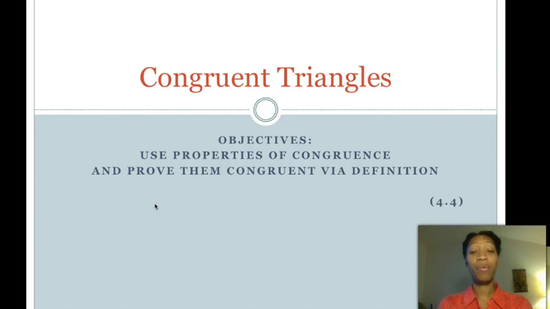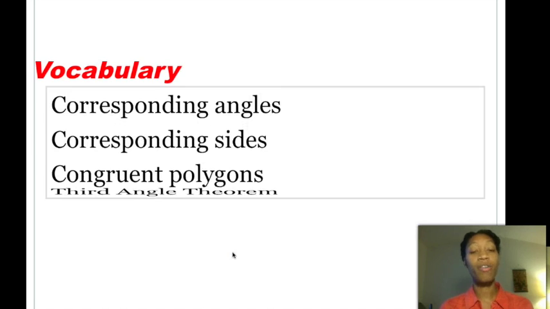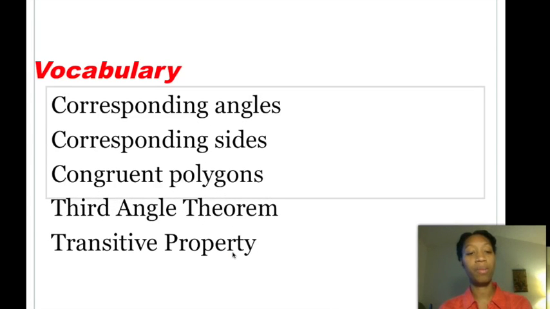Hello class, today we're learning about congruent triangles, and our objectives are to use properties of congruence and to prove triangles are congruent by the definition of congruent triangles. As we go through this lesson, we're going to encounter some of this vocabulary: corresponding angles, corresponding sides, congruent triangles, and when we get to the end with the proofs, we're going to need the third angle theorem and the